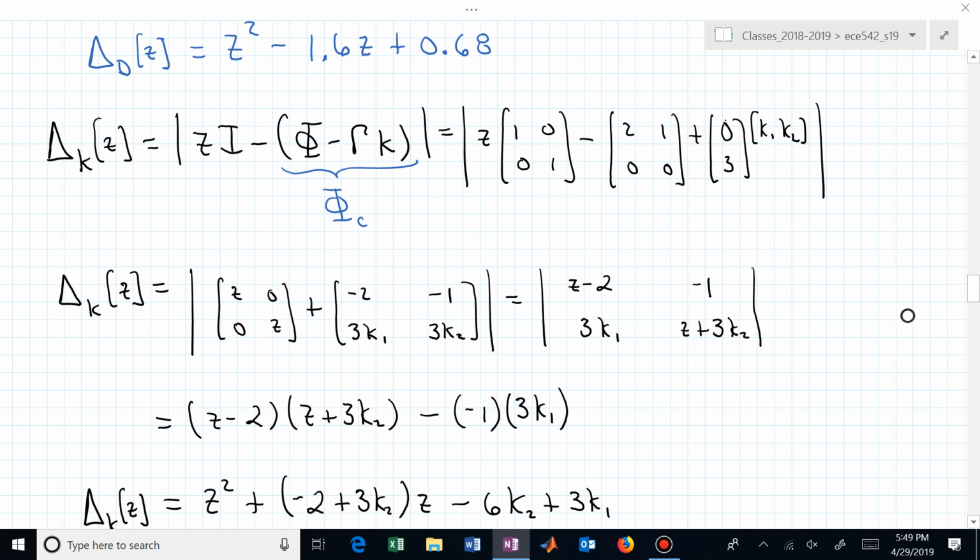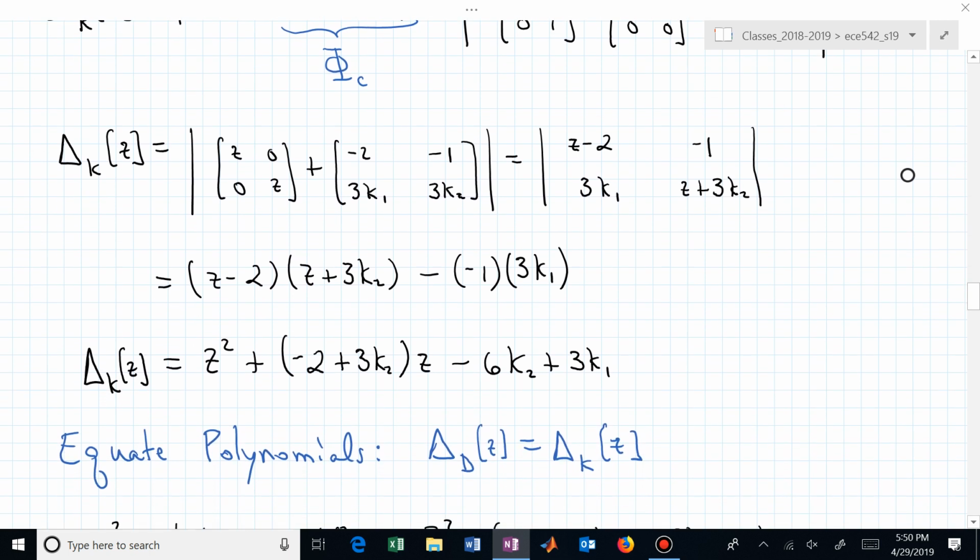And delta sub d of z then has those two coefficients already determined. We now generically have two equations comparing or equating like coefficients between those two polynomials. We have two equations and two unknowns. The two unknowns are k sub 1 and k sub 2. The two equations come from the z sub 1